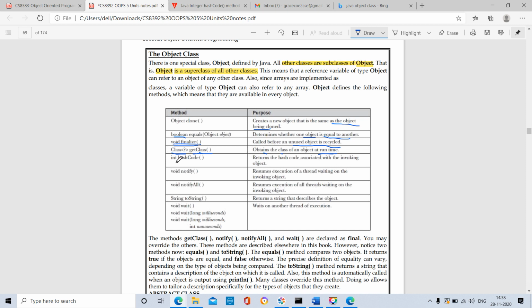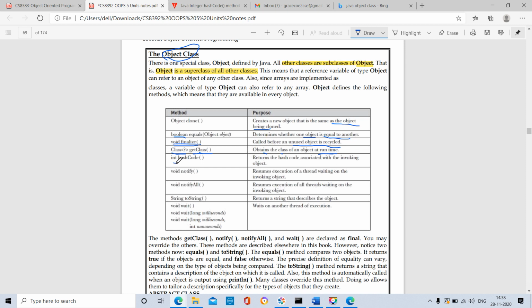These are the methods present inside the Object class. You know very well about packages in Java. Packages contain groups of classes. Classes contain objects. An object contains variables and methods. So now our topic is Object. Object is one of the major classes, or superclass, in Java. That Object class contains the following methods.